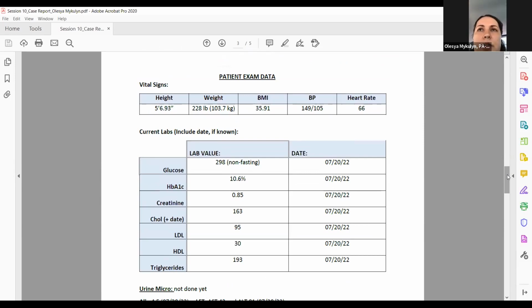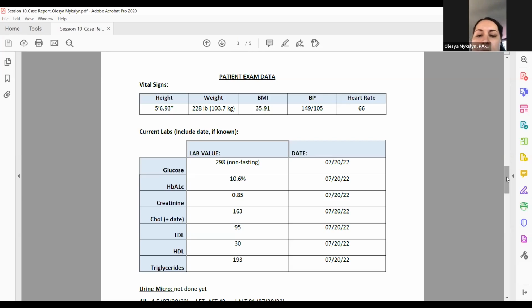I saw him yesterday, actually. So we did get a microalbumin yesterday, and that was normal. He's had a retina scan, which also showed no diabetic retinopathy. His blood pressure, though, did not improve much with the addition of the amlodipine 10 milligrams. It was 140 over 80. So the diastolic did improve, but it's still not at goal of less than 130 over 80 on maximum dose